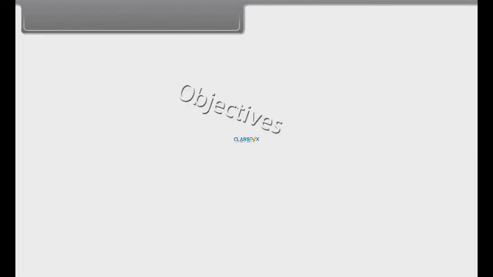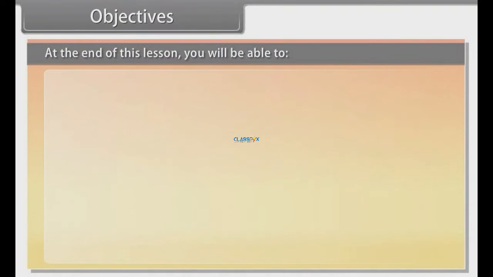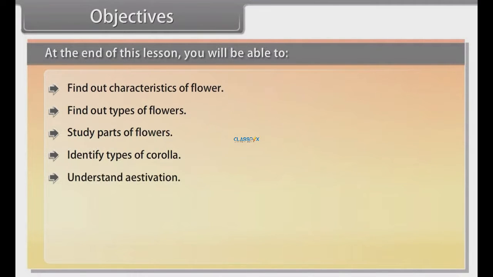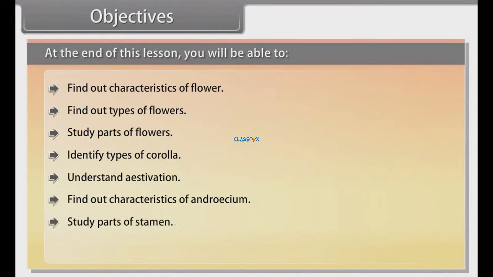Objectives. At the end of this lesson, you'll be able to find out characteristics of flower, find out types of flowers, study parts of flowers, identify types of corolla, understand estivation, find out characteristics of androecium, study parts of stamen, find out types of